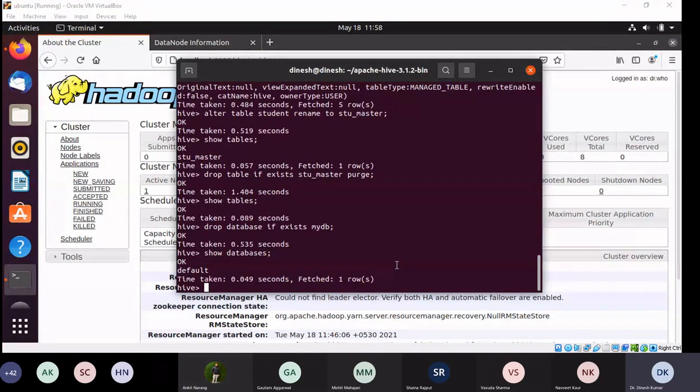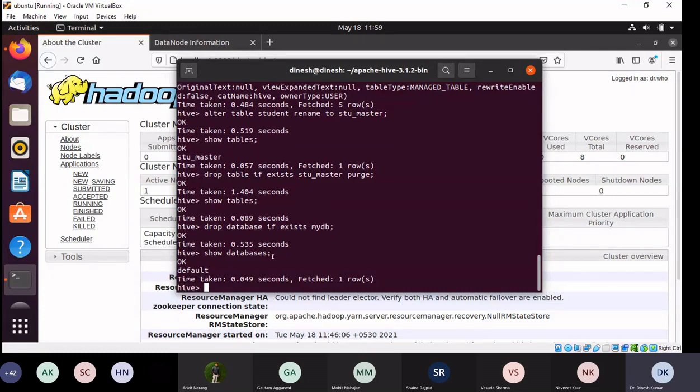So what we can do, we can create a database. Within that database we can create a few tables and then try to drop the database. Then see what will happen, because right now I have only 1 minute, so I'm not going to discuss that. Maybe in a later class I will discuss that also. Okay sir. I think everything is fine, because installing Hive is also not very easy on Hadoop. First I have to install Hadoop and set all the parameters, and then on top of it I have to install Hive.